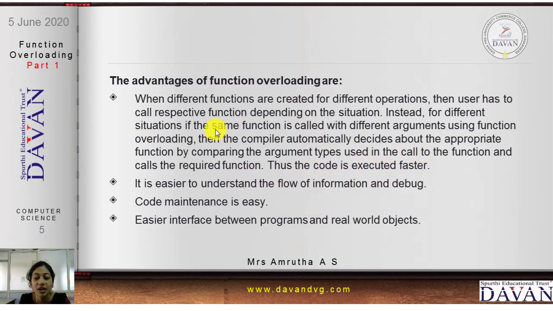Meaning, when you write two or more functions with the same name, the compiler will take care of it. What we used to do in our first PUC was write different functions with different names. If I want 4 functions to be written, I used to choose 4 different names for 4 functions. So I must think and decide which function I should call right now. So this will be a burden for me.